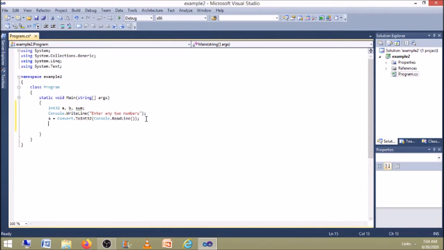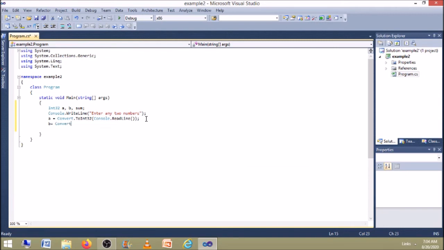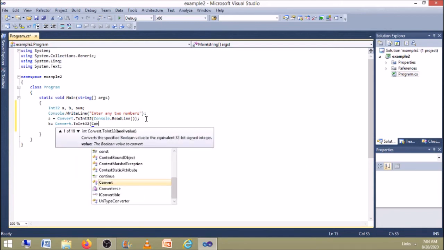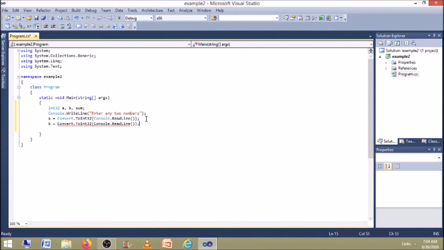Likewise, we need one more value for the variable b. For that, we have to give the same statement: b equal to Convert.ToInt32 within brackets Console.ReadLine, function symbol, close bracket, semicolon.